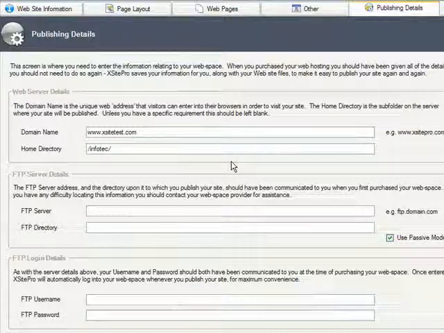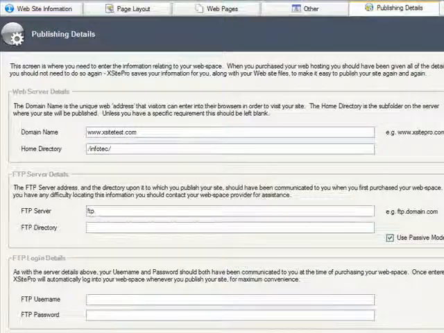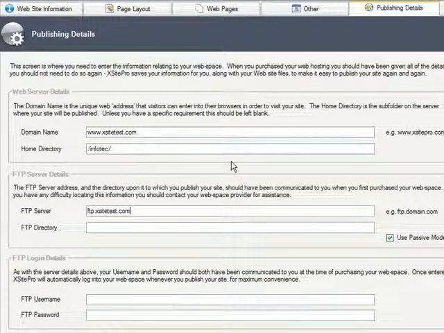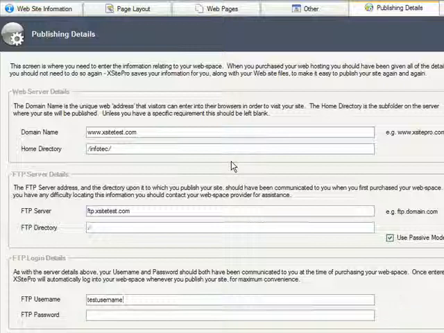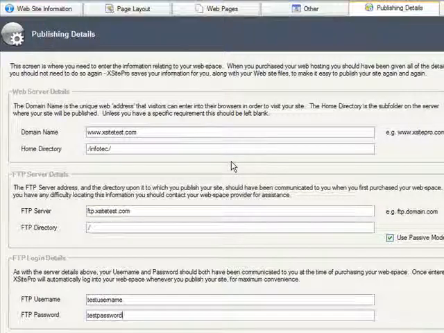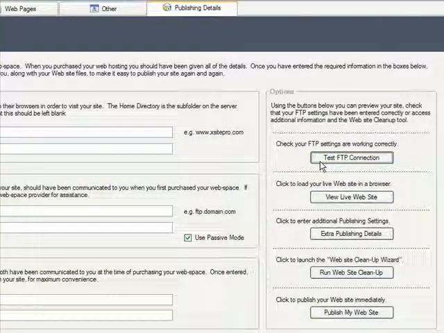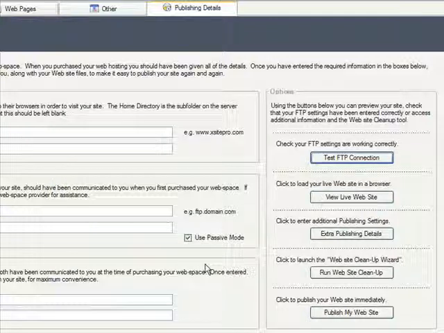Now it's time to enter your FTP information, which is usually ftp dot and then your domain, and the directory on the FTP server onto which you should publish your site if applicable. You would get this information from your hosting service. And finally, enter the username and password you were assigned when you purchased your hosting. To make sure you entered all the info correctly, just click the FTP Test Connection button. It'll tell you whether you can successfully connect, and if you can, you're free to publish by clicking the Publish